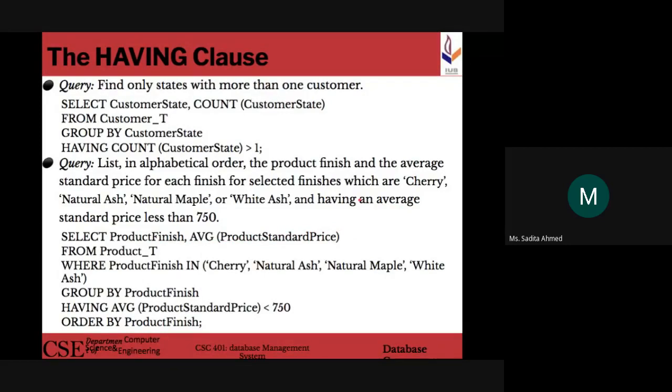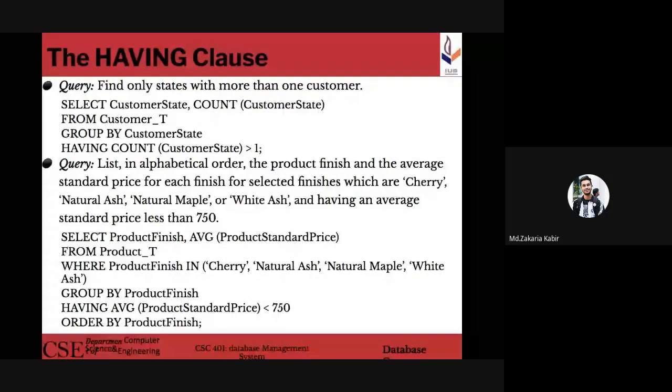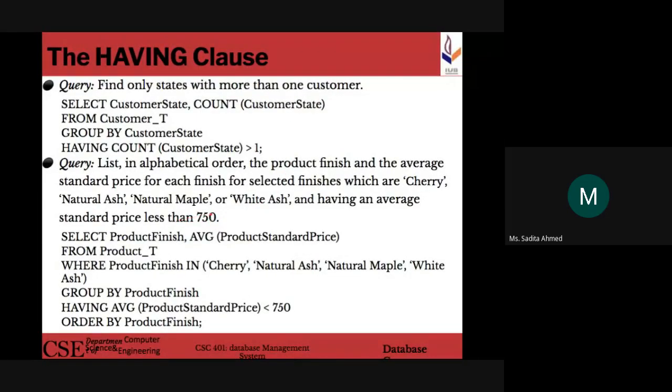Will it be applied on the group or on the individual rows? On the group. So the second condition, having an average standard price less than 750, this condition is for what? For the groups of same product finish values. We create groups on the basis of the same product finish value, calculate the average standard price for those groups, and then place this condition on those groups. Those groups where the average is less than 750 will be included in the result, not